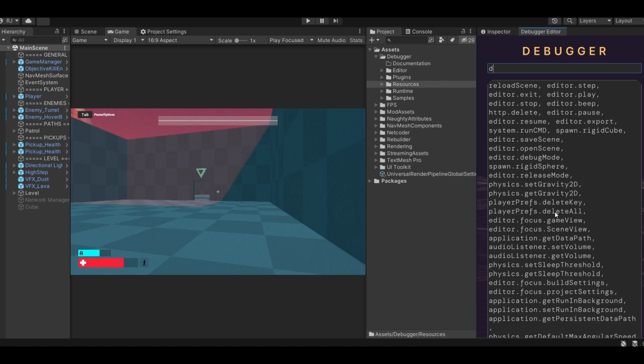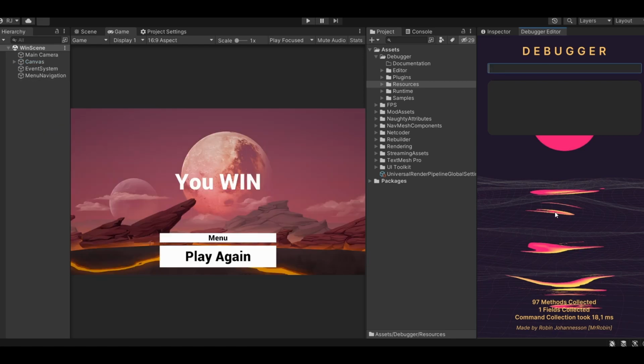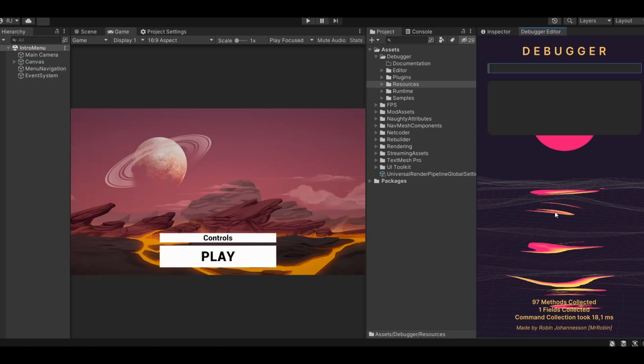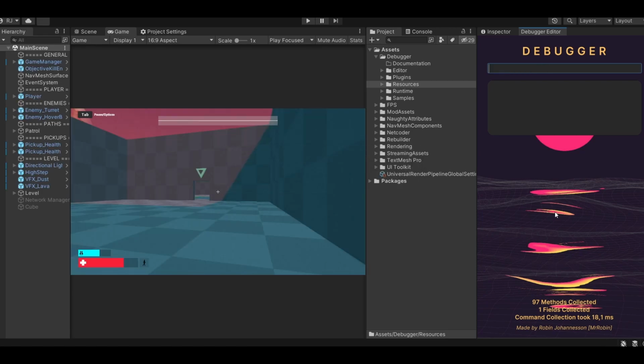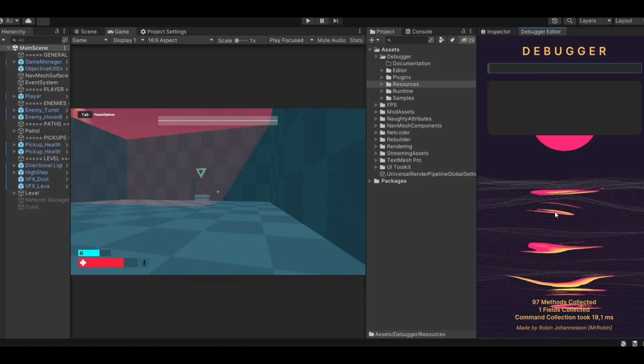We can also save scene and open scene, and the one I like, instead of open scene which is only for the editor, we can do go to scene. Here we can put the scene index, scene build index, or the name. So we can put 1 and we'll get that, or we can put 0 and we get that. I think 3 is the main scene. There we go. Or we can put intro menu, I believe it's called. Yeah, there we go. It's quite handy to use this developer console, and like I said, you use Control M